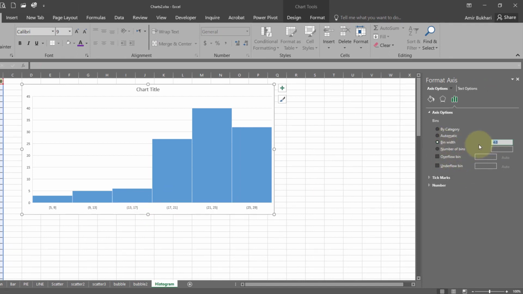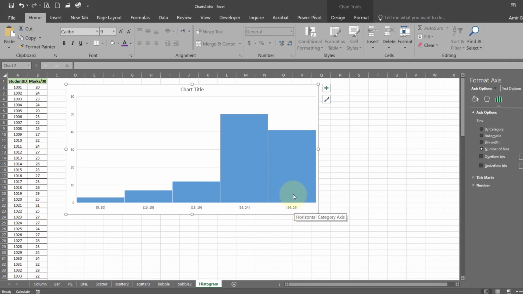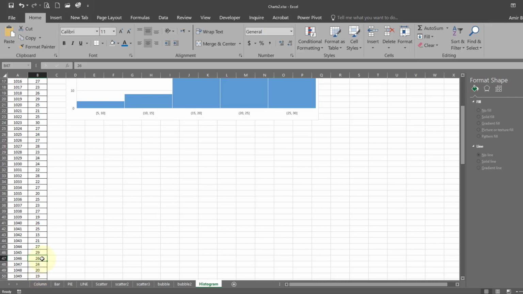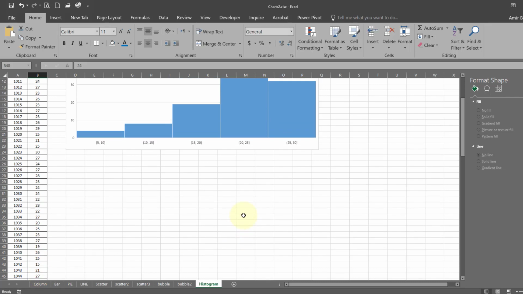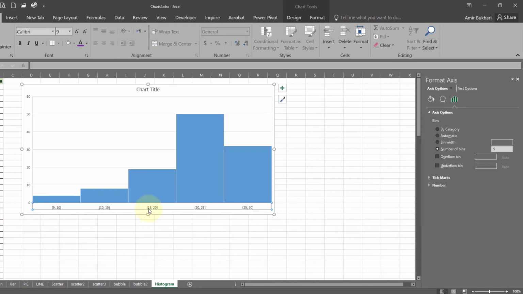We have the bin width as 5. So now it starts from 5 and goes up to 30. Okay, here we can see one thing, that we can make these ones as 5 bins, and now we see here that the maximum marks is 29, so it goes up to 29. Let us just change some of them to 30. Okay, now we have marks that are from 0 to 30.